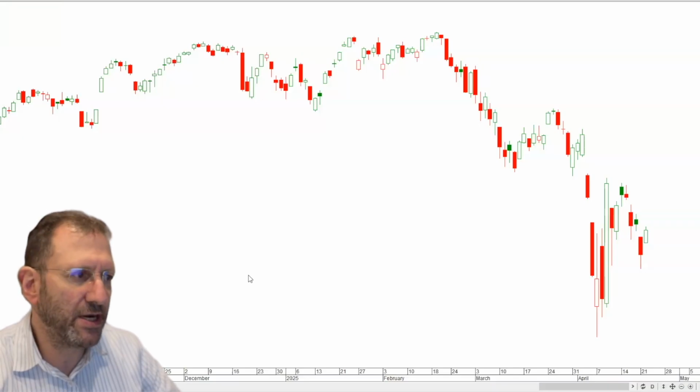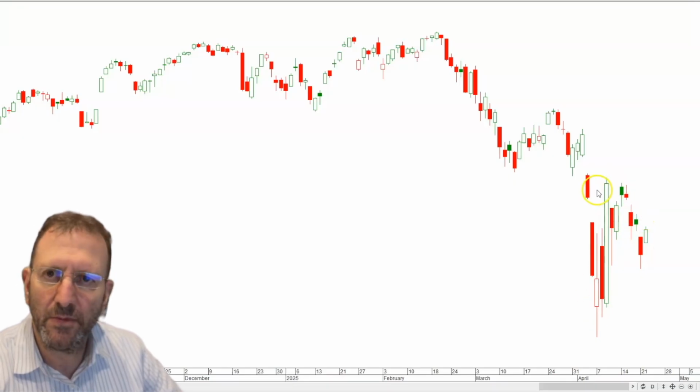So if we look at the current chart of the S&P 500, you can see it's had this, that was the crash there, or mini crash, a waterfall decline. It's then rallied sharply, and bounced since then in a general sideways fashion since this rebound over here. But there's a very good chance we're going to get another leg down to retest the low. And why do I say that? Because if you look at previous crashes, you're going to notice a very similar pattern.